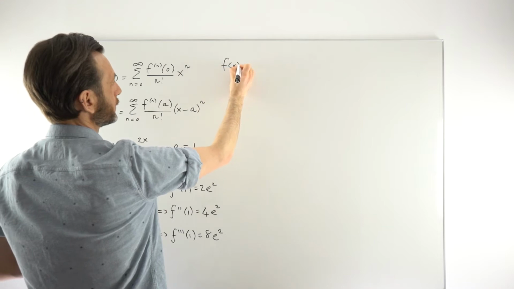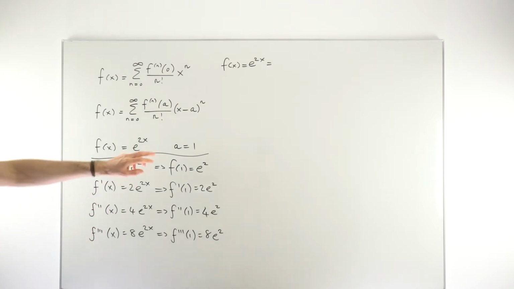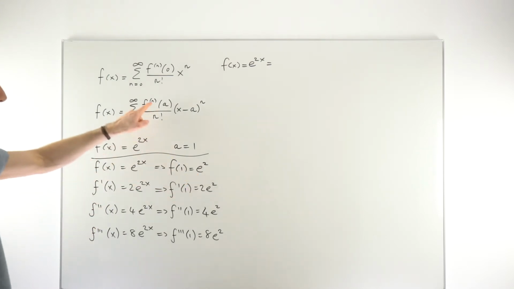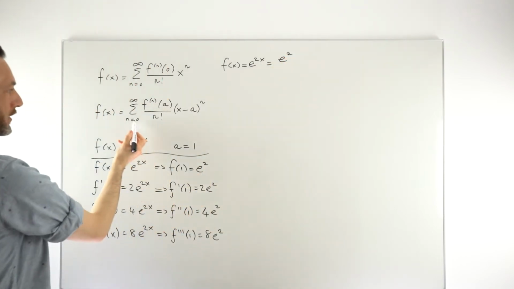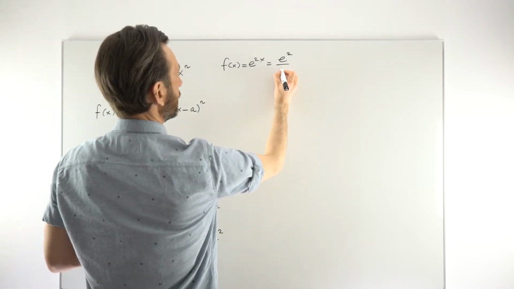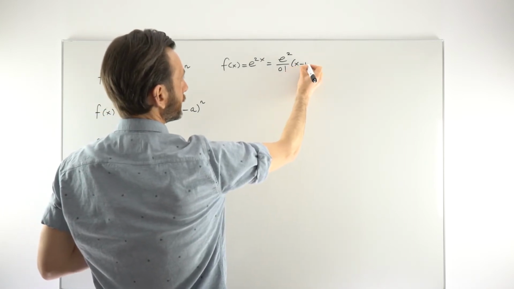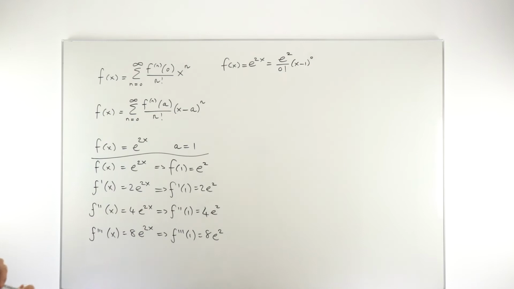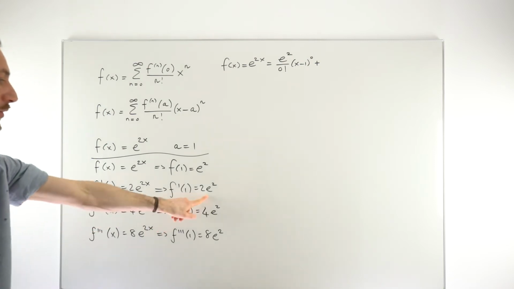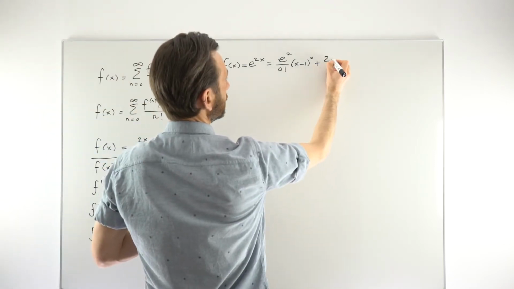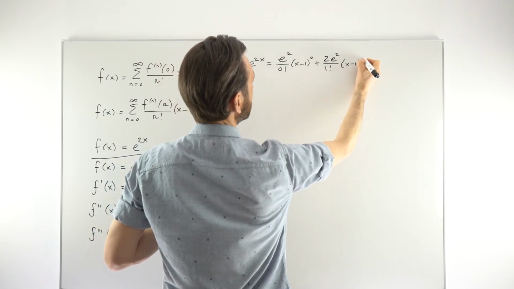So we've got f of x, which equals e to the 2x, and that is equal to, so the first term, which is this part. Let me just write this out in full. So it's going to be e squared over, n is 0 at this point, so e squared over 0 factorial, x minus 1 to the power of 0. That would simplify, obviously we'll do that on the next line. Just for illustration, we're then going to be adding to that the next term, which is this guy here. So it's going to be 2e squared over 1 factorial, x minus 1 to the 1, and then the pattern